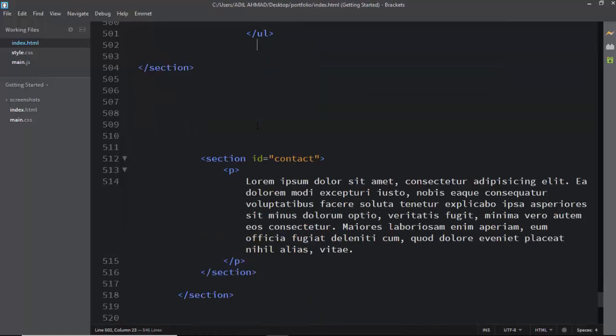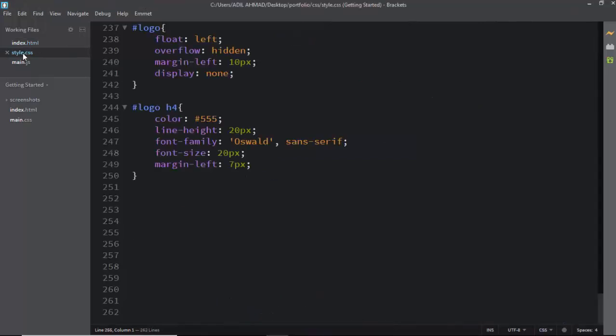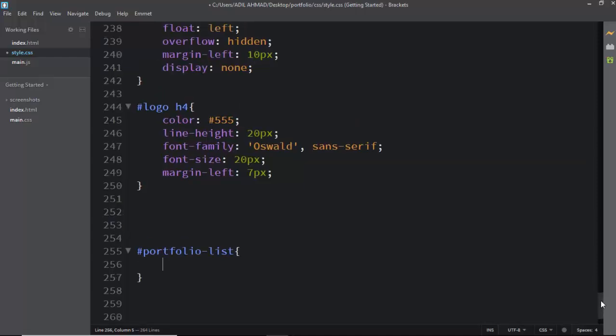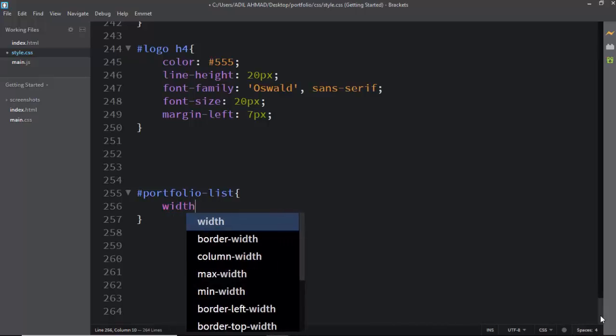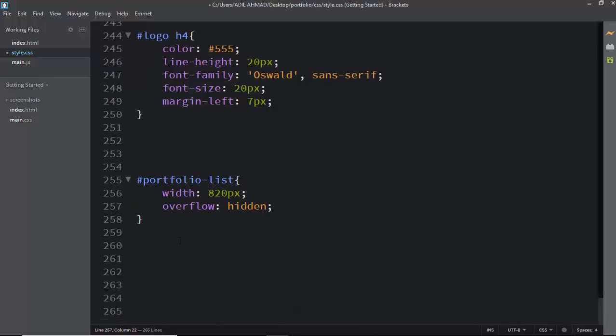Okay, what I'll do right now, I'm coming to the style.css and very first I'll be calling all the ids and the class names. So very first we have the id called portfolio list, so I'm putting hash here, and it will be containing the id name like portfolio list. It will get some width actually and then overflowing. So here I am mentioning width like 820 pixels, and right now I am putting overflow hidden, so we'll not get any overflowing like a scroll bar on both sides. Okay, inside this portfolio list we have